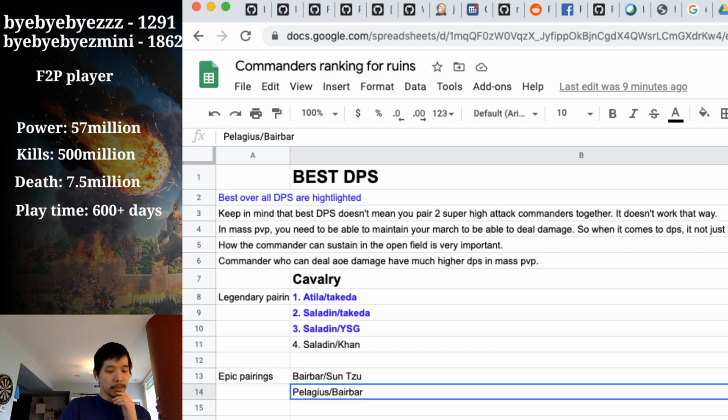If Belisarius had a skill talent tree or a defense or attack talent tree, we would definitely replace Pelagius and Berber with Belisarius and Berber. But that's just how the game is right now. Belisarius doesn't have any good talent tree, so we cannot utilize him as